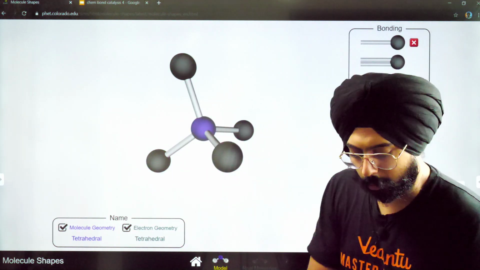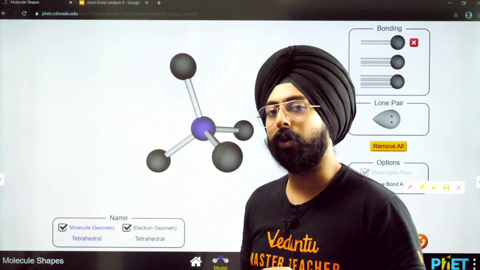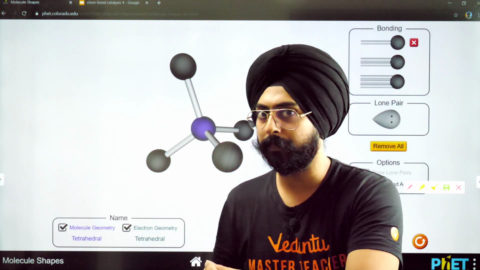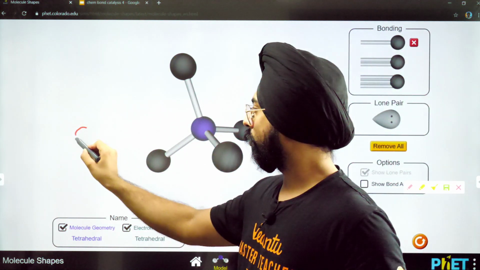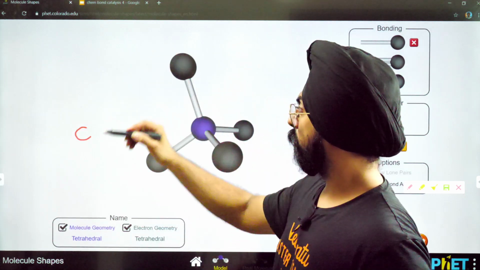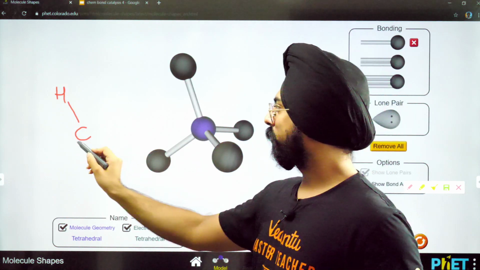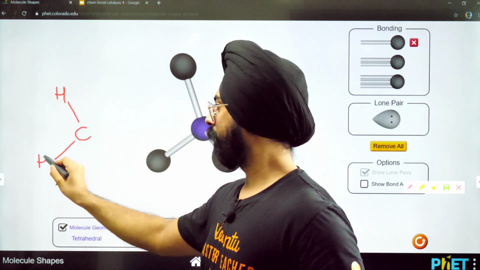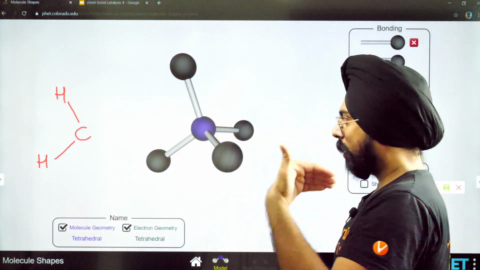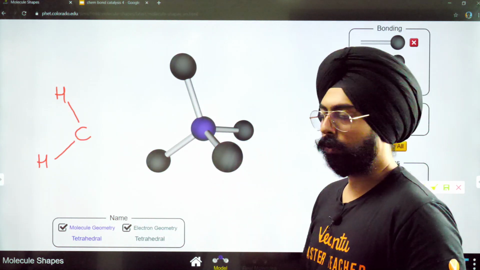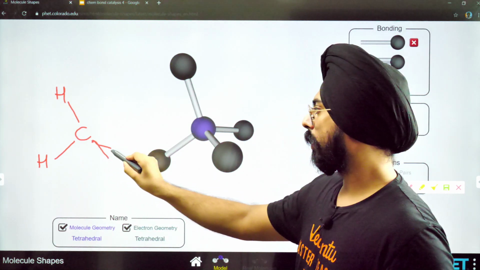Yeah. So how do we draw this? Let me show you how to draw it. We draw this in a form called the wedge dash form. Okay, let me draw its structure here. So the middle element, let's call it carbon. This is in the plane of the screen, so just draw it with a straight line. This is also in the plane of the screen, just draw it in a straight line. Now these two, the bond that is coming out of the screen, coming a little bit towards you, you can draw that with a bond that looks like this.